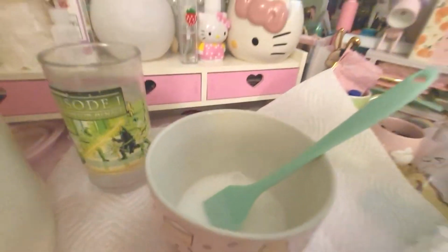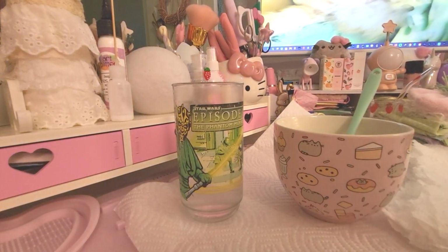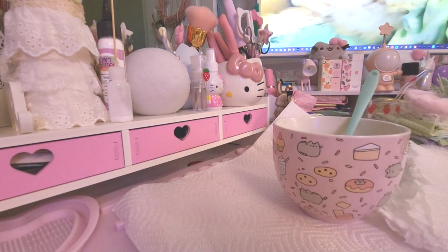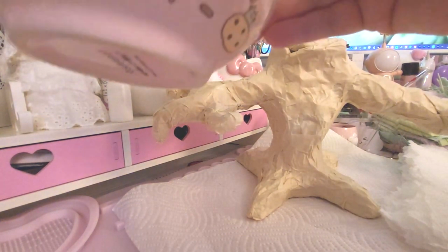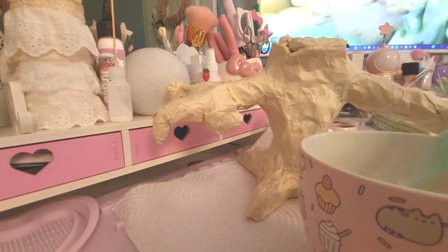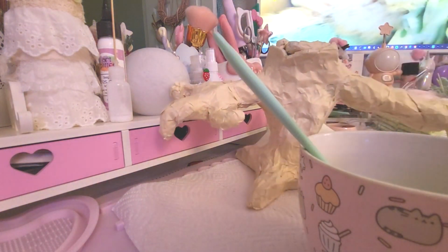Okay, all right, now let's get our tree. Let's move our giant thing of glue. Oh, it's heavy. All right, let's get our tree. Move our water out of the way. Okay, here comes the fun part now. Remember pancake batter. Okay. All right, I'm going to leave my spatula here. Okay, so what we're going to do